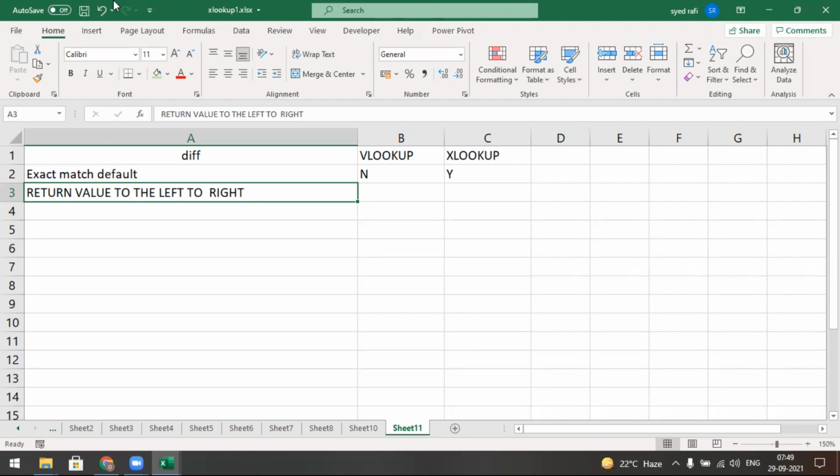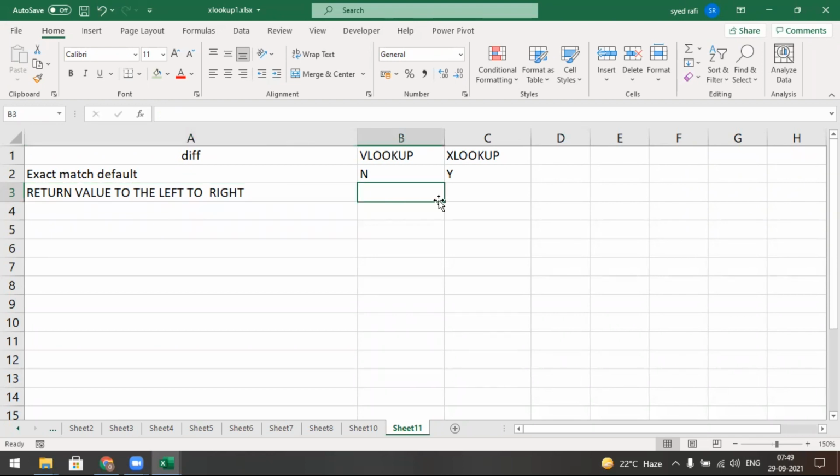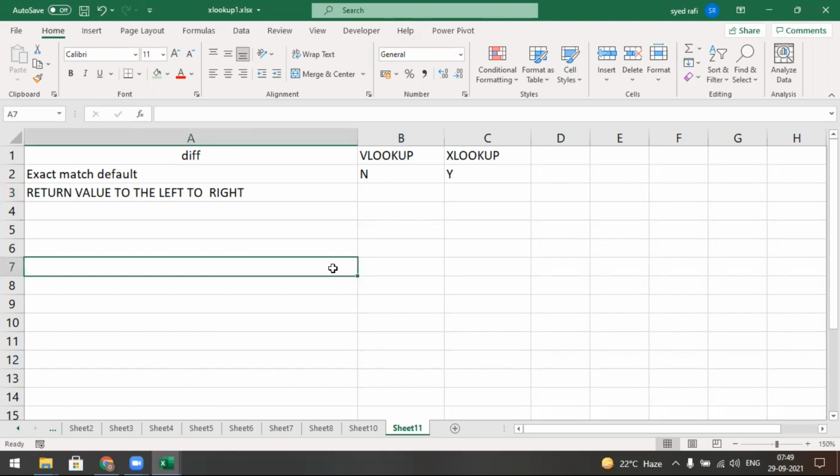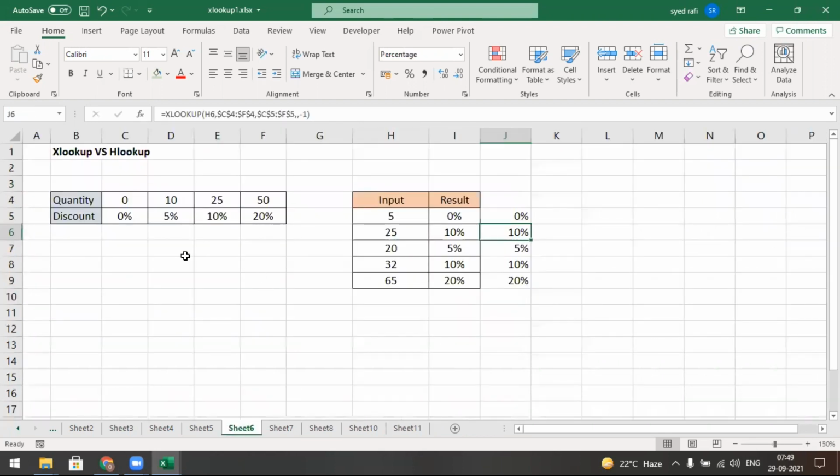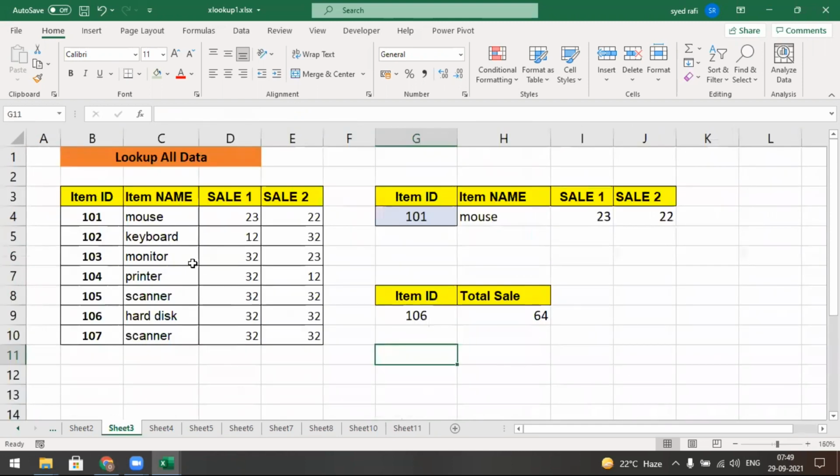Can you give me the answer? In VLOOKUP, sir. No, I am not saying ascending to descending; I mean this direction. If I take this one, in XLOOKUP or VLOOKUP, will data be displayed in this direction or not?